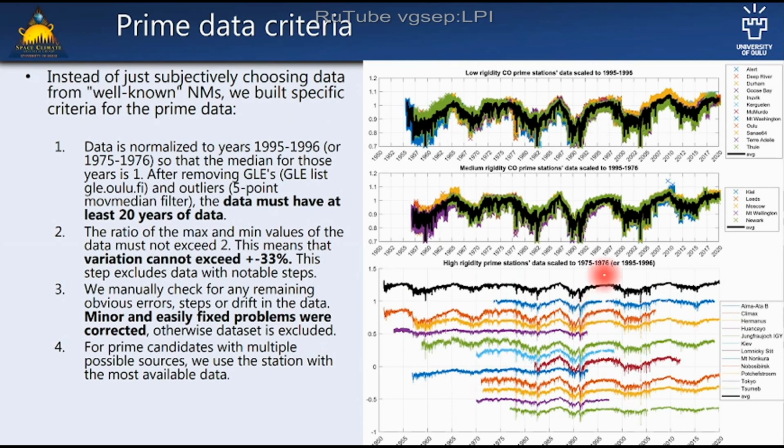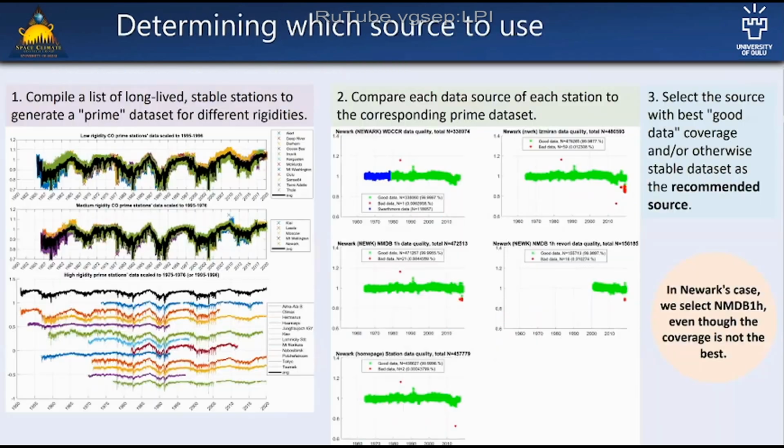And we normalize the data to specific years. Actually, 95, 96, or 75, 76 are quite nice because they are quite stable years. There are no notable events, and if you compare the levels between these years separated by 20 years, they are almost the same for most stations on average. So they are quite nice years to normalize the data into. And then when we have this prime data, we can